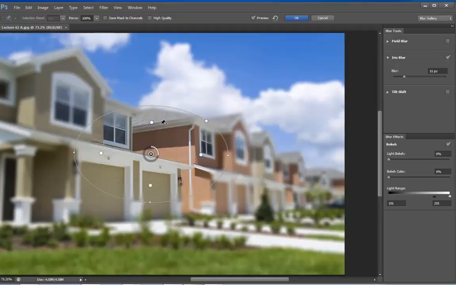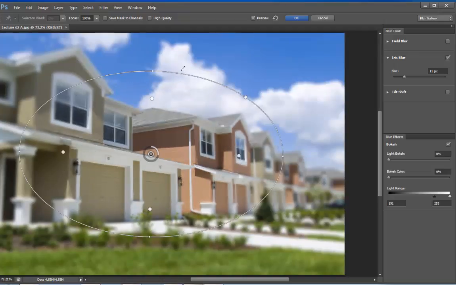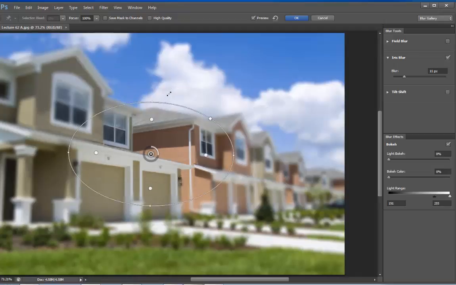You can see the transition. We can move it in or we can move it out for a rapid blur. The area between the blur and the focus is very sharp. We can also grow or shrink this area as a whole like so, or with these individual controls like so. This one will also rotate it if we want.